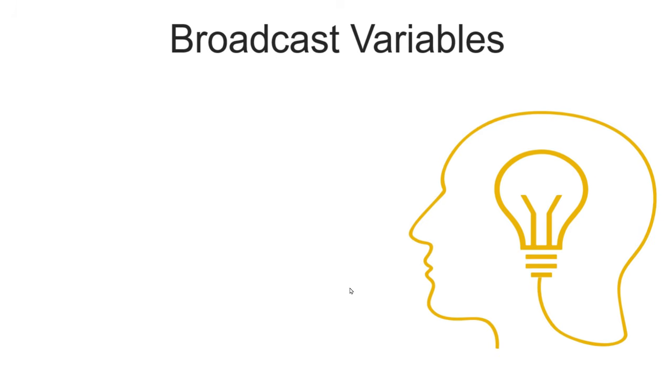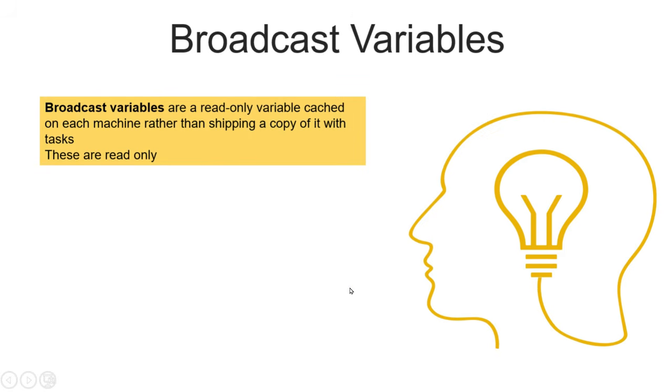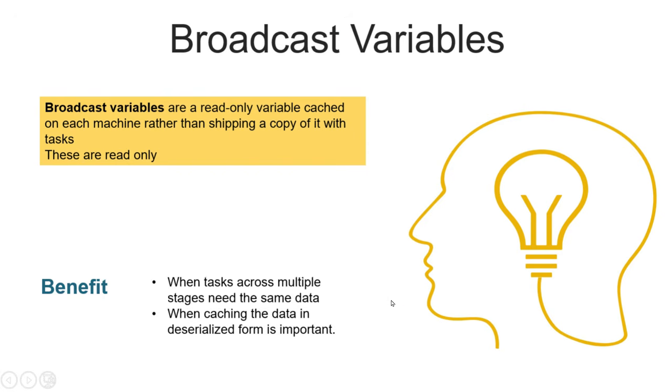Then broadcast variables. Broadcast variables are very handy when we want to have a read-only variable which we want to cache on each and every machine. Whatever is in the broadcast variable is going to be shipped to each of the tasks. Wherever the task is running, a copy of the broadcast variable will be sent. So every task will have access. Just like in a broadcast join, we are transferring the smaller data set as read-only to each of the nodes to operate on. It is the same way. The broadcast variable is used to have the variable there, but it is going to be read-only.